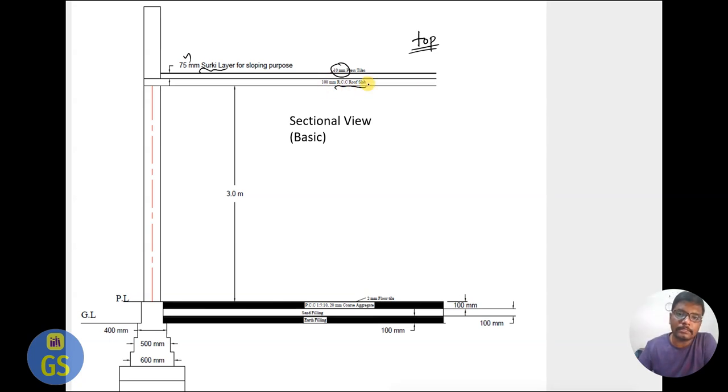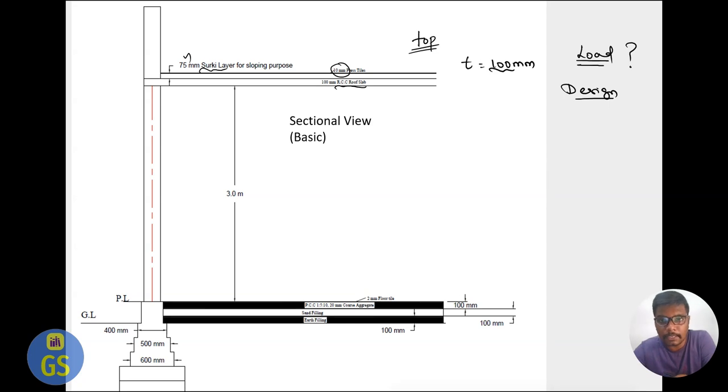So how is this 100 mm thickness decided? This thickness is decided depending on the load. What is the load coming on the top of your building? Depending on the load, the thickness is decided in the concept of design. So this comes in RCC design. When you learn about RCC design, then you know how to calculate this thickness according to the loads, right? Here, for example, I have taken 100 mm slab thickness just to show in a diagram, and then